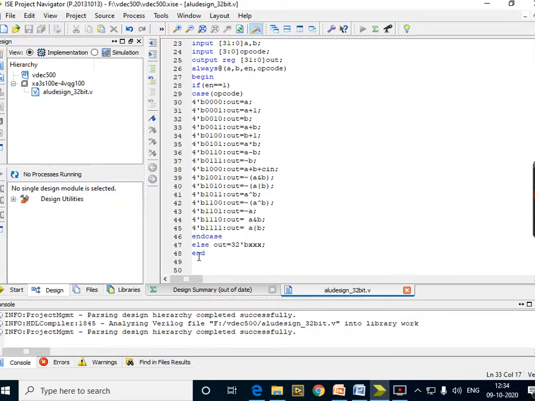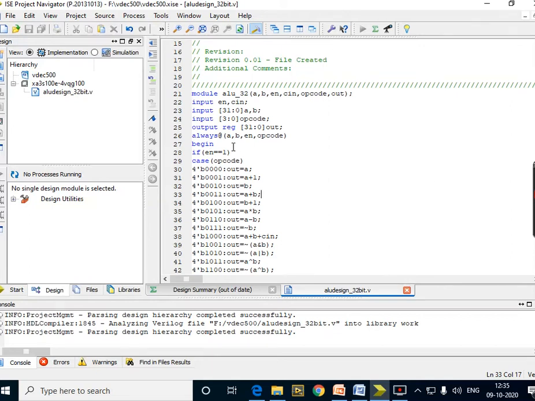Yes. So this is how, always at the change of A, B, and enable and opcode, this program starts getting executed once again. Any change occurs, it gets executed. So it is like keeping it under a while loop. While 1 means forever this program should be working, and whenever there is a change occurring in the input variables, the program should respond to them. That is the meaning of always statement. Okay. So we have written a code. I think you have understood how this particular code is now written and how to increase this. Okay, so it depends upon the size how to increase.